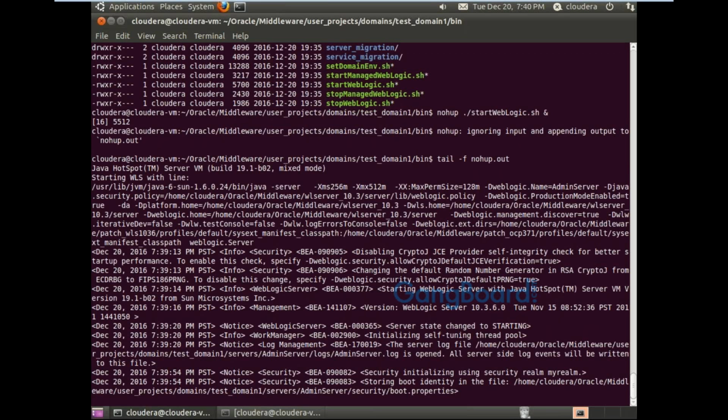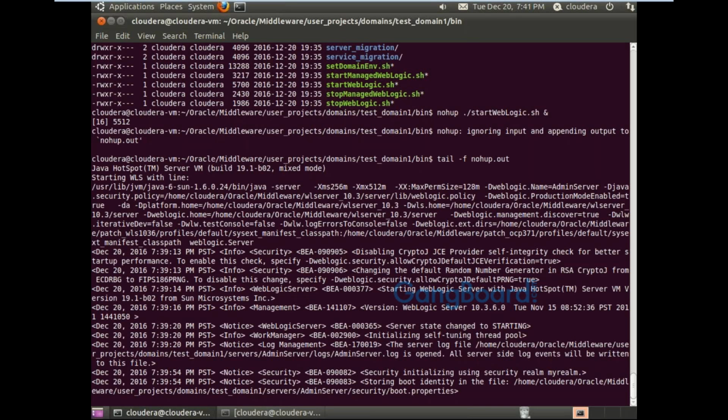So what is this setDomainEnv.sh? It's the domain environment file. Before performing any activity, we are setting the environment of the domain. It has all the paths related to each and everything, the middleware path and the domain path. We use setDomainEnv.sh for creating the path, so by default it is set and you don't need to set the path again and again.